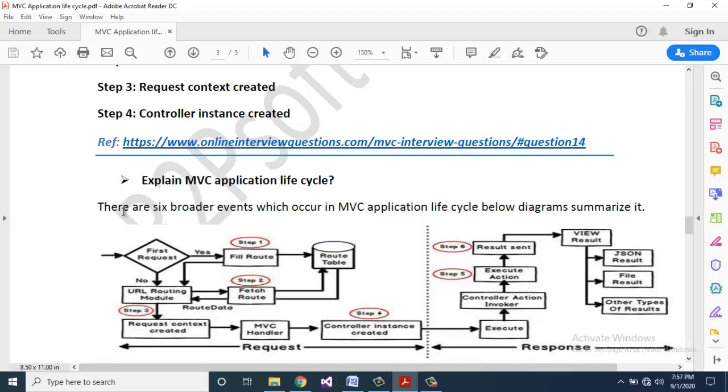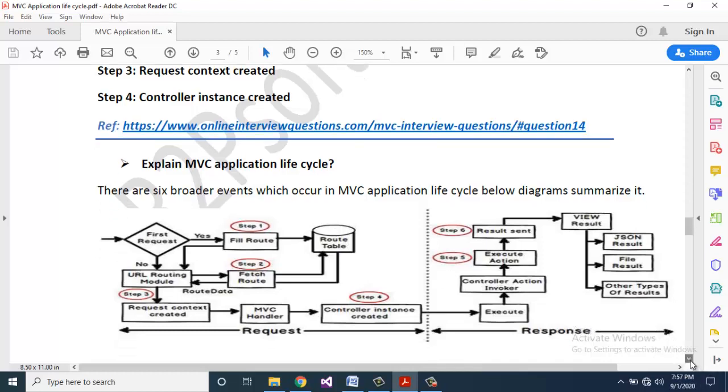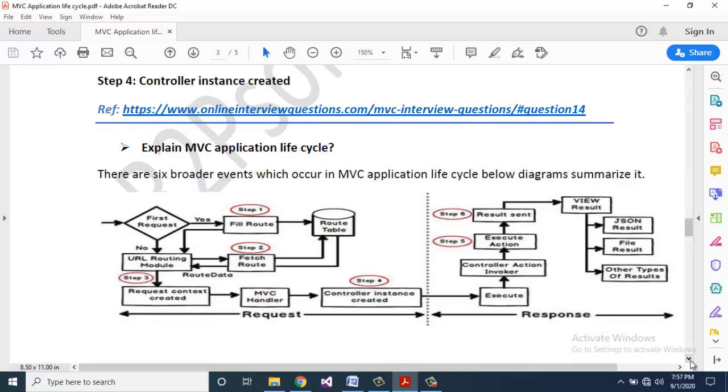Friends, we have already discussed this diagram; you can understand it once again. First, request. If the request is okay, then step 1 would occur, fill route. Then we go to the route table and fetch route. Step 2, we collect the route data,